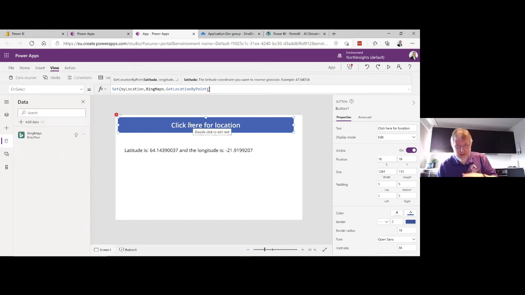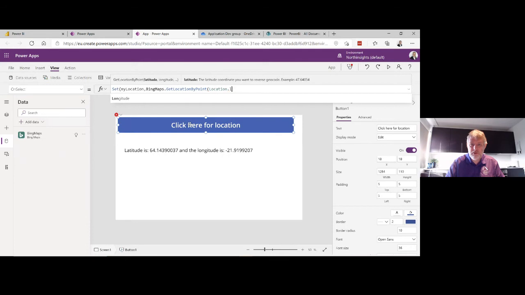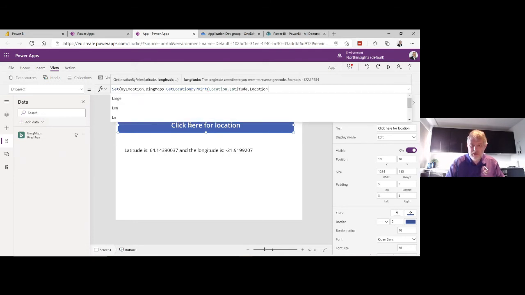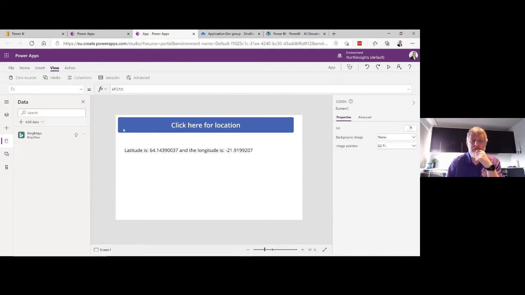And now it just asks me, okay, give me latitude, give me longitude, and then I'm going to give you the address back. So I can use the same one as I did before. Location.Latitude, sorry, Location.Longitude. And that's basically it. It doesn't need anything else. So if someone presses the button, the Bing Maps web service is called with the two parameters, returning an address, which is going to be put into my MyLocation variable. Okay, let's test this out.